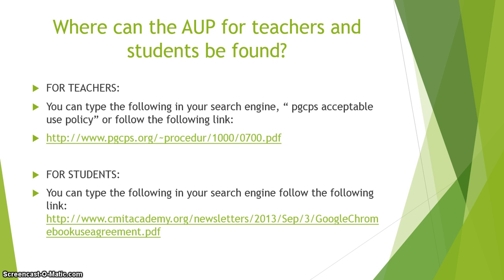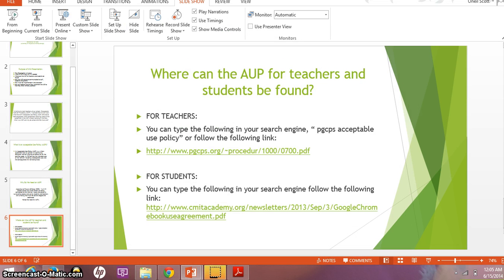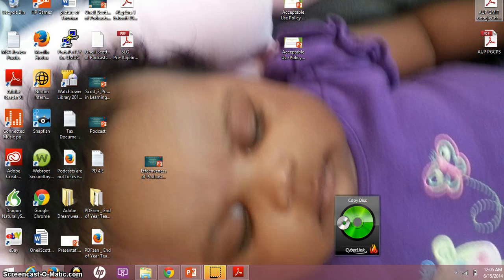So where can we find AUPs for teachers and students? First of all, I've provided two links here, one for teachers, one for students, but you could also just type in the keywords PGCPS Acceptable Use Policy or CMIT Google Chromebook Agreement, and you'll be able to find these documents online. For the next few minutes, I'm actually going to take a look at these documents and see what is actually covered. I've already downloaded the